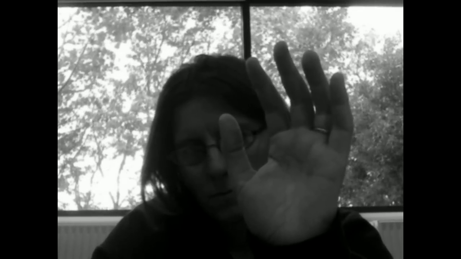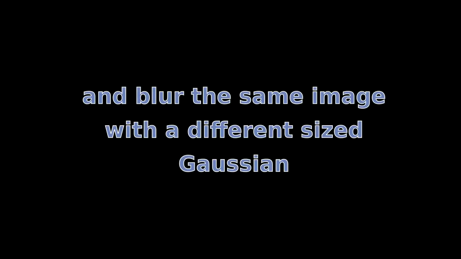So what I've got here is a black and white video feed from the back of some boring meeting or other, and it's actually blurred with a very small Gaussian kernel. And then what I do is I take exactly the same feed and blur it with a bigger kernel, basically make it more blurry, and you end up with two versions of the same image but with different levels of detail in them. Where it becomes interesting is where you say, right, we're going to take one of these